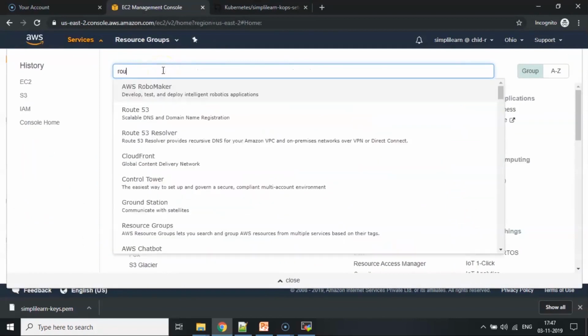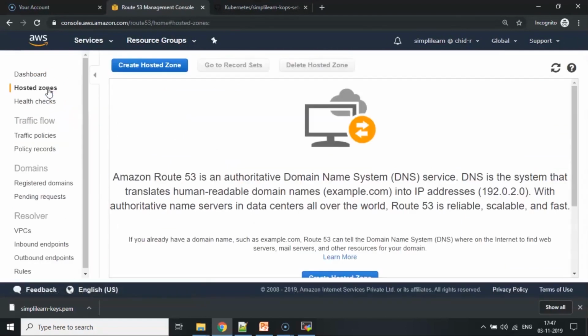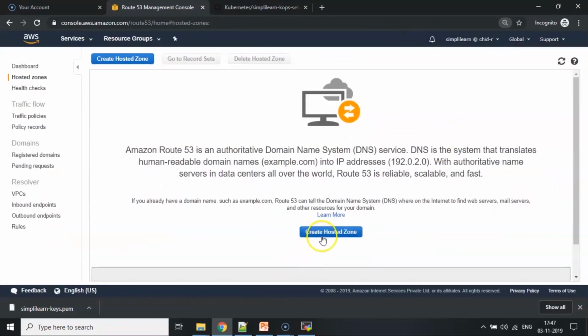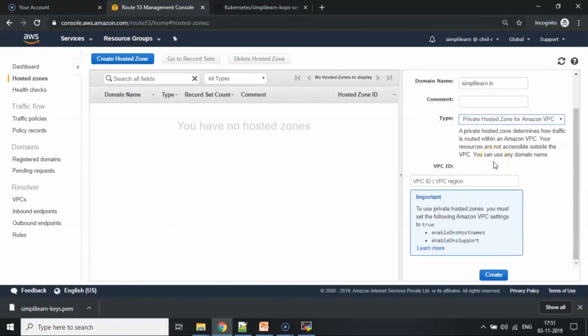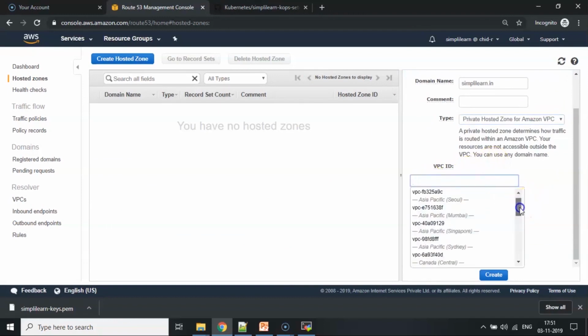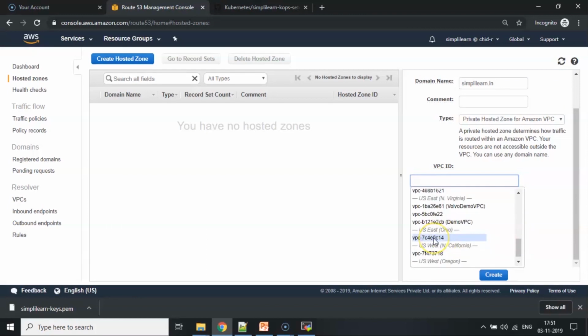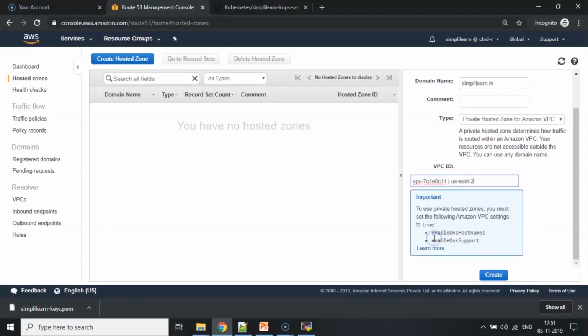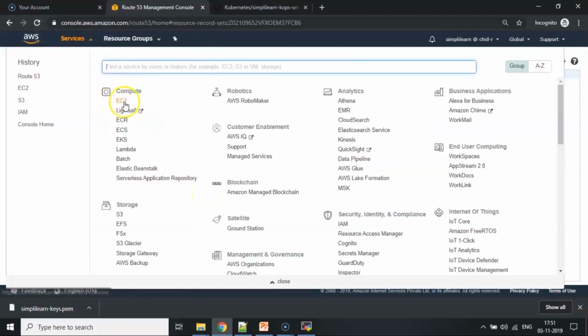So let me head down to Route 53. Click on any of these and you'll get these hosted zones. So I'm going to create a hosted zone here. Click on create hosted zone. This would be Simplilearn.in. I want to create a public... No, I don't want a public. I want a private hosted zone, and I'm going to associate my VPC ID for this hosted zone. Since I'm going to try out all my exercises in the Ohio region, I will associate the VPC of the Ohio region for this. So this is the one that is specific to the Ohio region. I'll say create a hosted zone. Great. Now let me come back to my EC2 box.